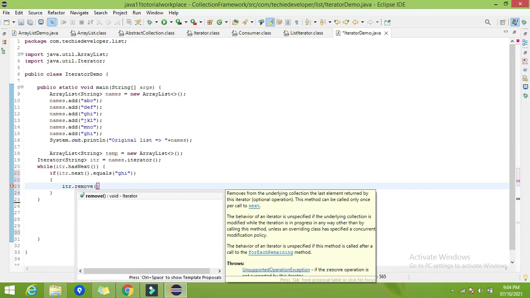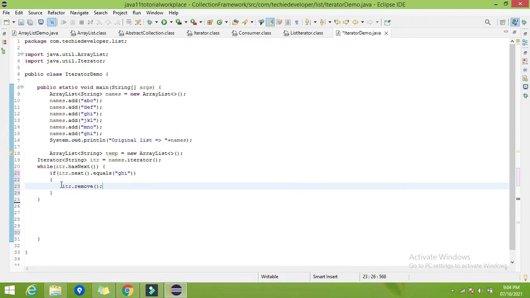We don't need to specify the element which we want to delete, because itr is currently representing the element which will get deleted. Okay, so itr is currently pointing to GHI, that's why GHI will be removed.